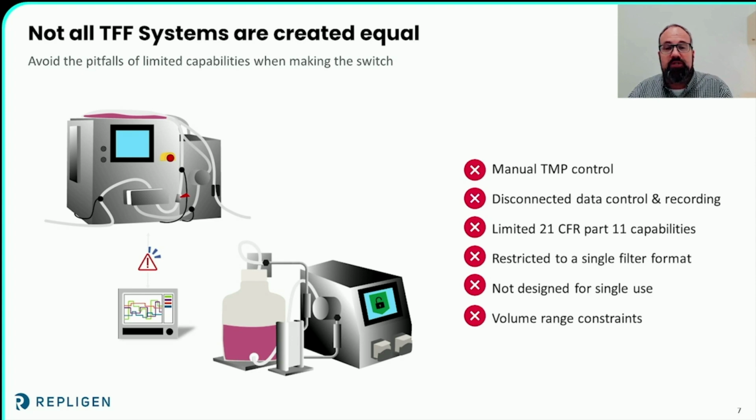The system you purchased may have been a hybrid of single-use and stainless, which left you having to clean components and reassemble single-use after each process. The system still required manual pressure controls, which goes against the purpose of automation in the first place. How about if the data recording was not inclusive and required additional equipment? It would never be able to meet 21 CFR Part 11 compliance if you needed that.